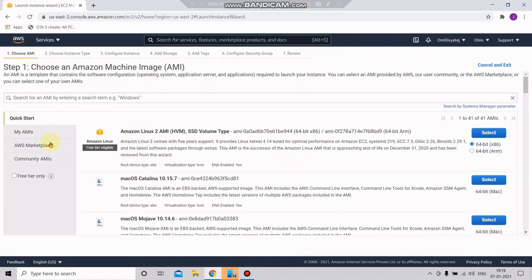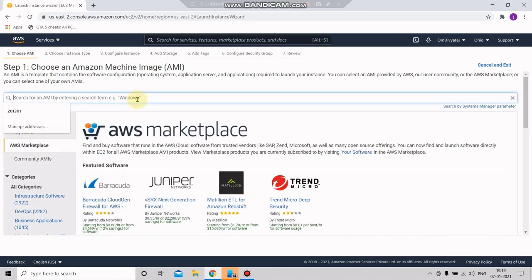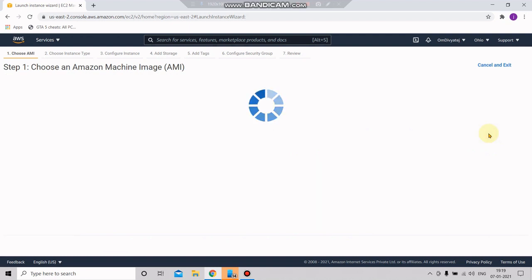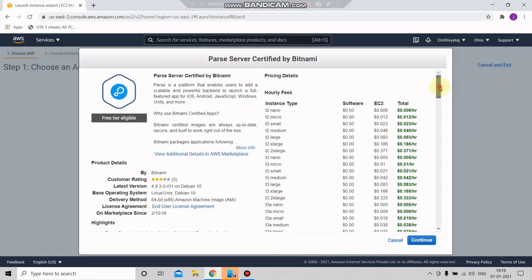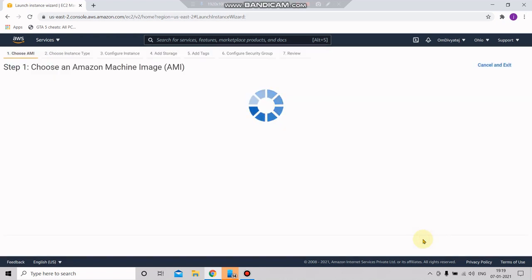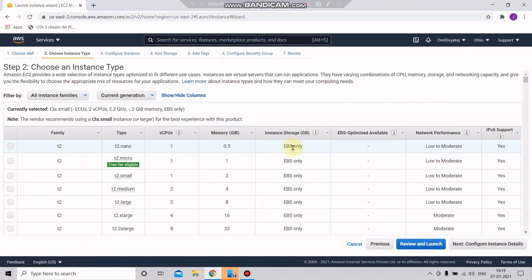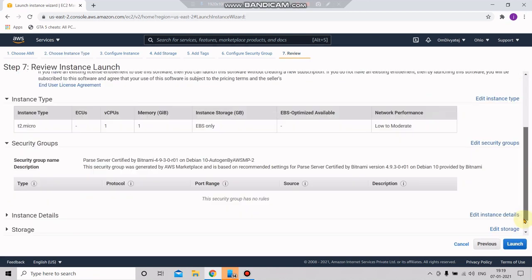And then select AWS Marketplace, search for Parse, and then click select. It's loading up. You don't have to do anything yet, then just select continue and let it load up completely, and then select this second one, free tier eligible. Make sure you select this one only, otherwise you'll be charged. And then scroll down and select